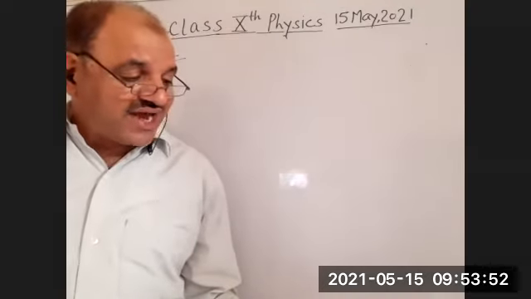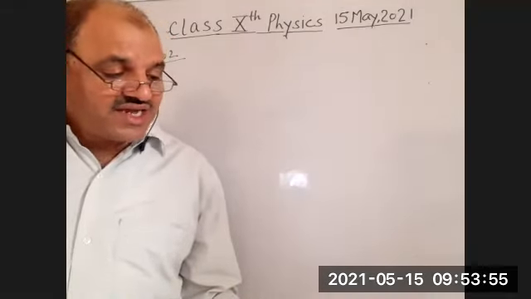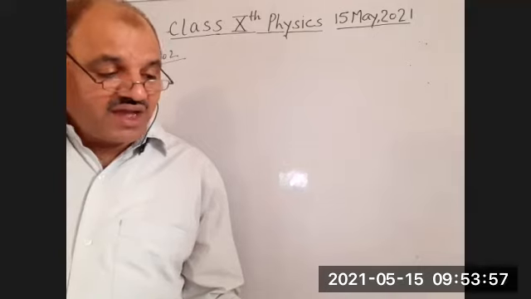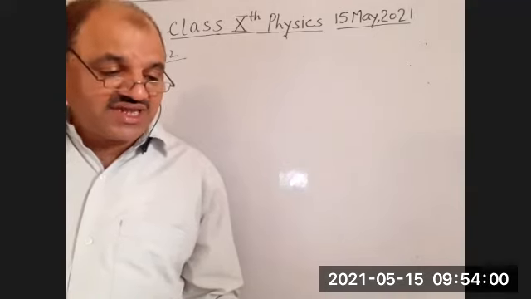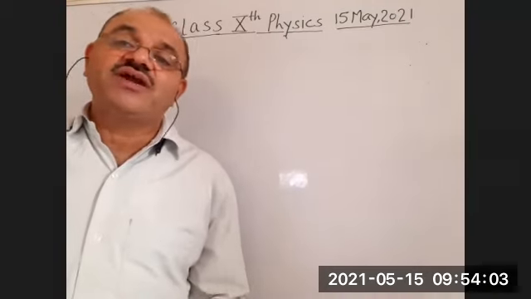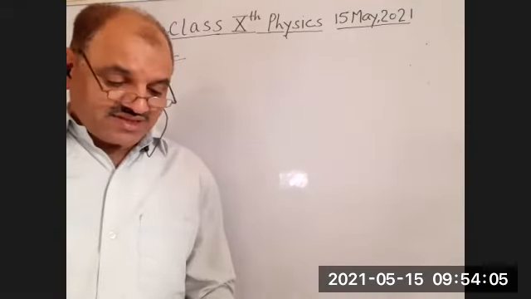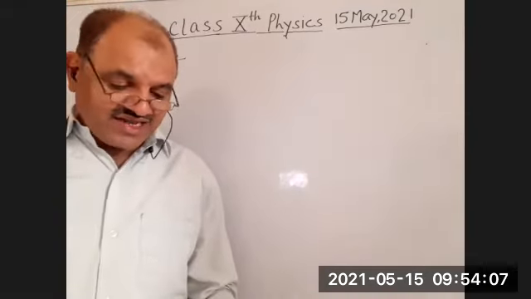Now students, first I square R, then I R square, then V into I and V square by R. We have seen that the first, third and fourth are all formulas of power, but the second one, that is I R square, is not. So the answer of your question number 2 will be I R square, which is not the formula of power. So B is your answer. Is it clear, students? Very simple answer.